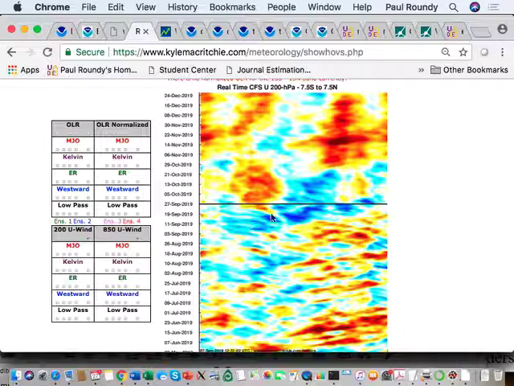MJO upper tropospheric easterly winds along the equator occur both with Kelvin waves, so in a trough on the equator, but they also occur in ridges approaching the equator, forced by the tropical convection to the west, but then propagating back onto the equator. So most of this signal through the Central Pacific here is associated with ridges coming into the equator. And as the ridges come into the equator, the geostrophic adjustment associated with those air masses moving equatorward results in acceleration of easterlies on the equator, and then upward motion on the back side, on the west side of a pair of ridges, like subtropical ridges like this,